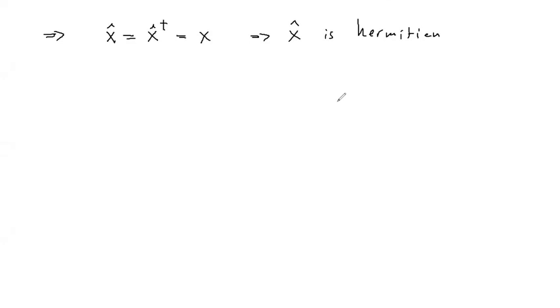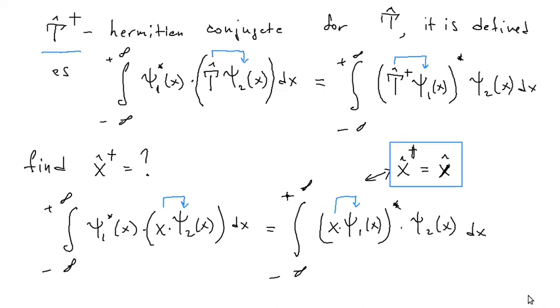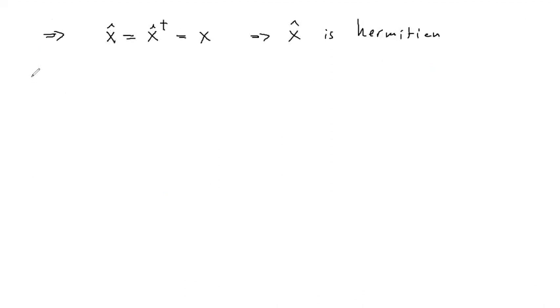What about linear momentum? Is it a Hermitian operator or not? In reality, the question is tricky because an operator is defined together with the functions it acts on. But I'm going to show you a simple, light version of Hermitian conjugation for linear momentum. Find operator P